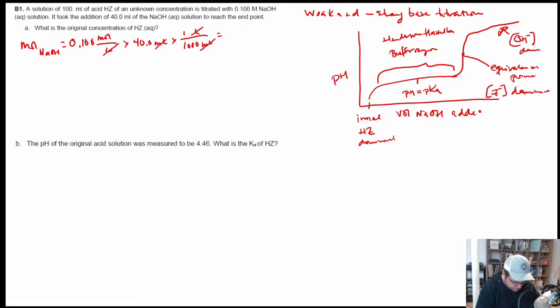So if I take 0.1 times 40 divided by 1,000, what I get is 0.004 moles. So that's how much NaOH was required to completely neutralize the HC, and that's going to be the number of moles of HC that we have. And so now to get what the concentration of HC was